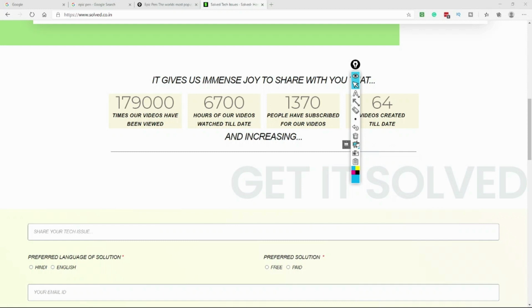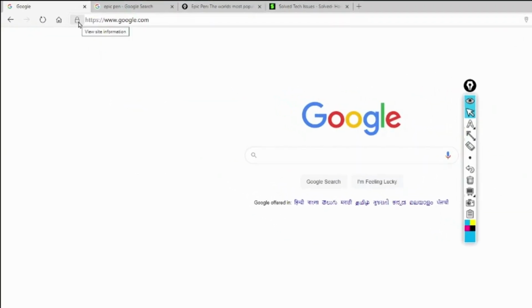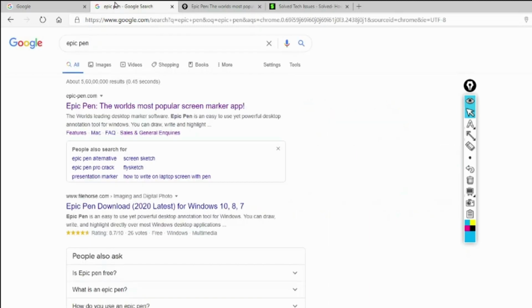Believe me, last week I had to give a presentation to some of my clients, and I thought, how do I annotate on my screen so that I look professional and can make my client understand, over the screen sharing itself, what I want to explain? So I did a lot of research and came across this amazing software, Epic Pen, and it's very easy to use. You can always start with the free version, and it does most of the things. Whatever search engine you are using, you just need to look for Epic Pen.